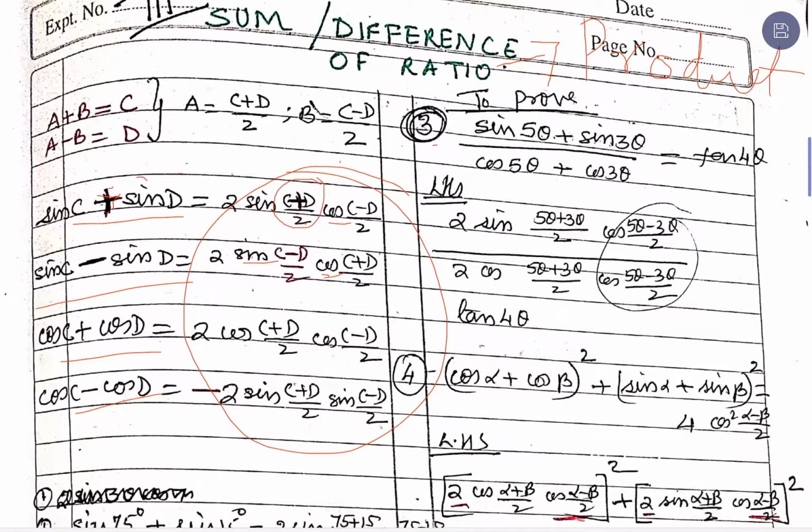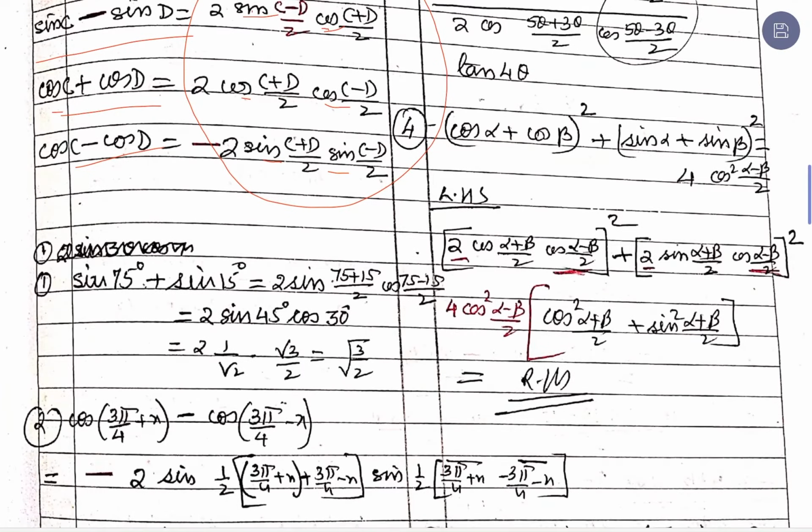Now when you have the sum or difference of cosine functions, we have this in terms of only one ratio: with the sum of cosines it is cos and cos, with the difference of cosines it's sine and sine, and the angles are half the sum and half the difference. So with the practice of a few questions you might be able to remember the formula.